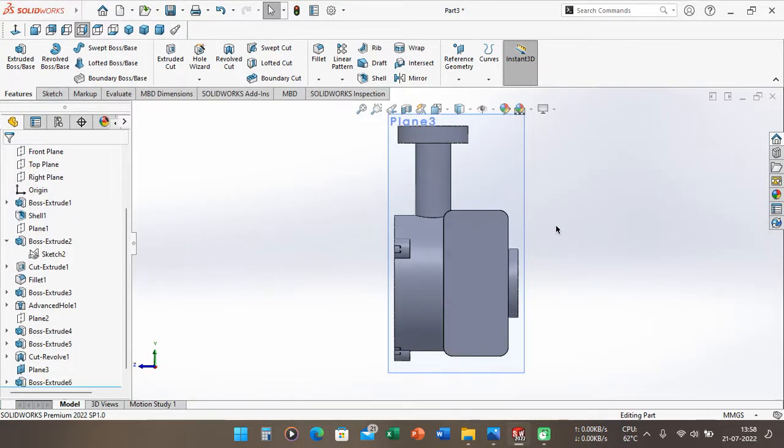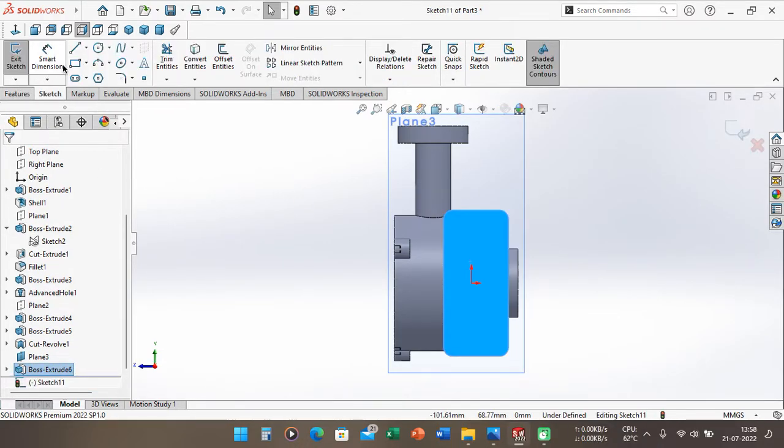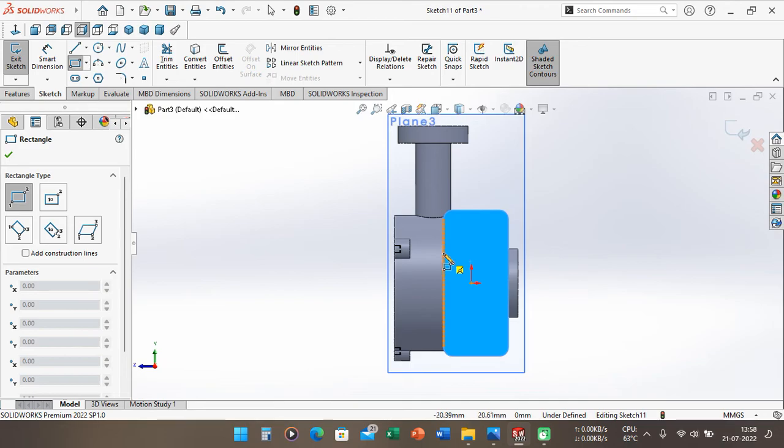So we can make a sketch here, just the rectangle, and we can join here.